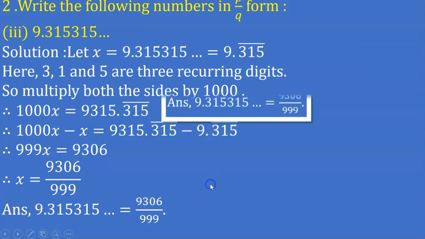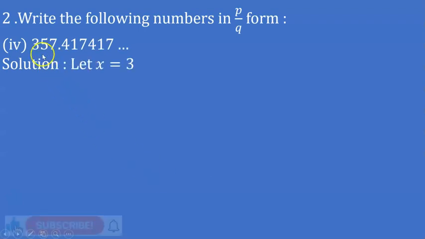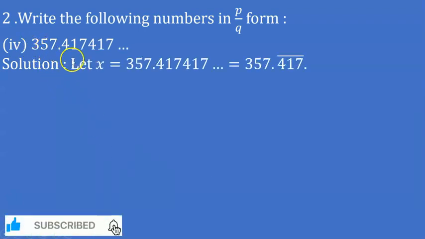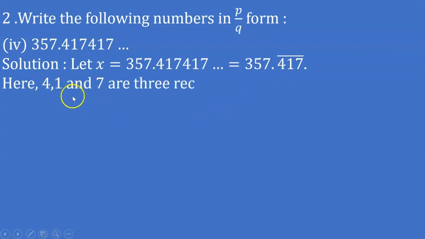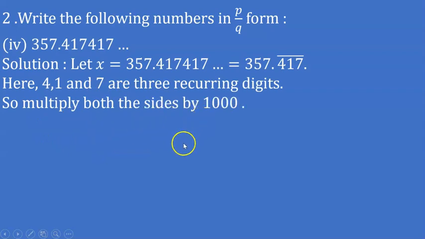Now next, 357.417 recurring. Let x equal 357.417 recurring. Here 417 are three recurring digits, so multiplying both sides by 1000, therefore 1000x is